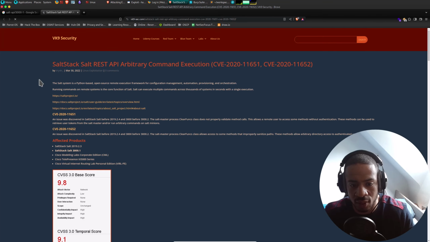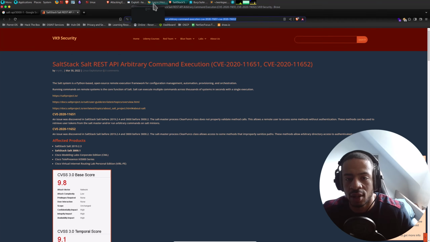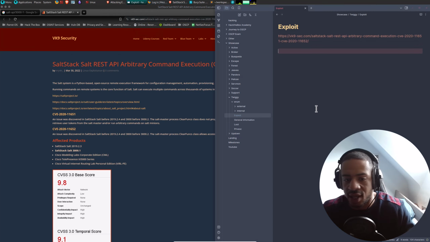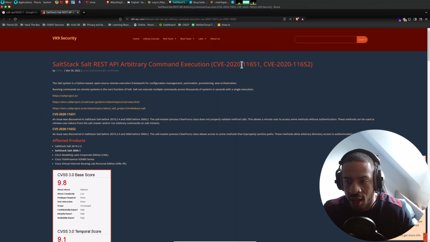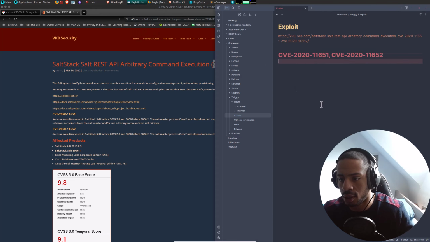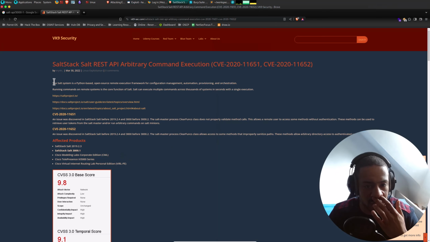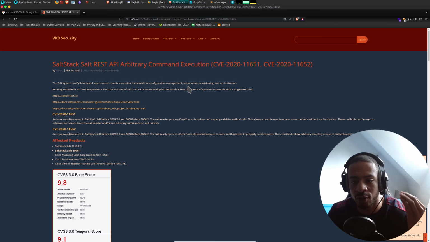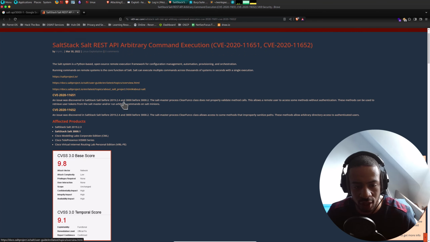This one, I think, explains the exploits first. So let's paste that here. We have CVE-2020-11651 and CVE-2020-11652. The Salt system is a Python-based open source remote execution framework for configuration management, automation, provisioning, and orchestration.